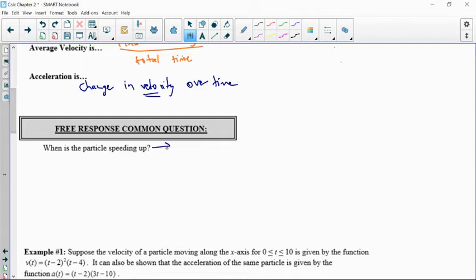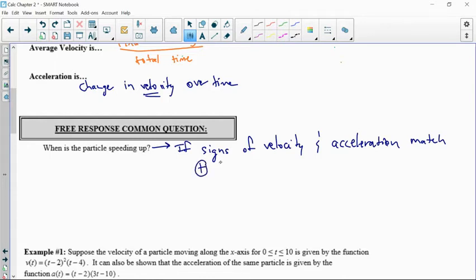So I would be speeding up if the signs, so positive or negative, of velocity and acceleration match. So if they match, both positive or both negative, you're speeding up. Okay, if one is positive and one is negative, it doesn't matter which one is which, then you'd be slowing down. Okay, so a particle is speeding up if the signs of velocity and acceleration match. And again, the signs meaning positive versus positive or negative versus negative. One means you're speeding up to the right versus speeding up to the left. Okay, now